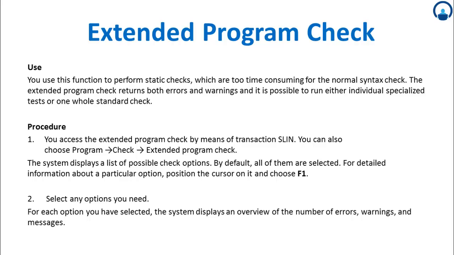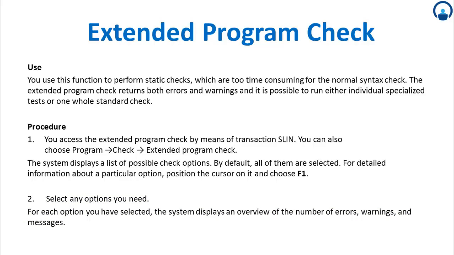For detailed information, we need to select any particular option, that is, any of those checkboxes. We position the cursor on it and press the F1 help key, which will give the detailed information about that check option. Once we log into that screen, we select the options which we need. For each option which we have selected, it will display the overview, that is, the details of the errors,